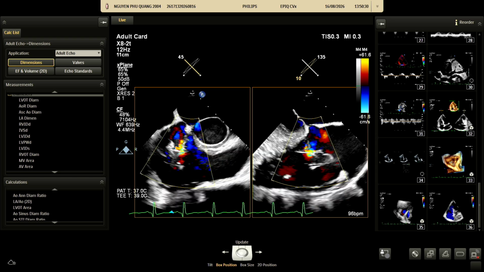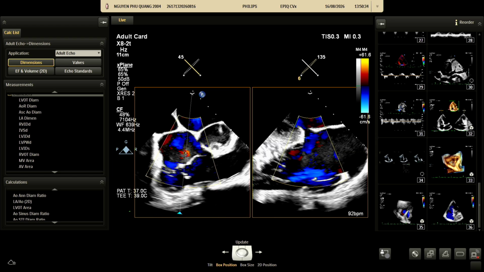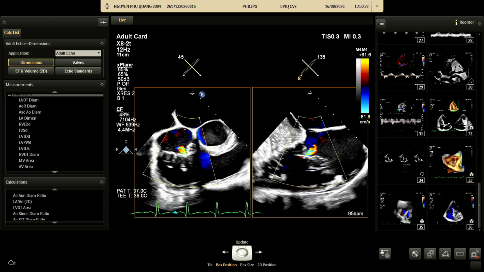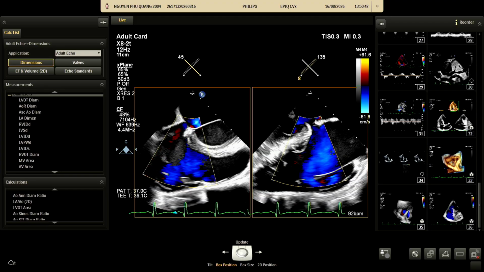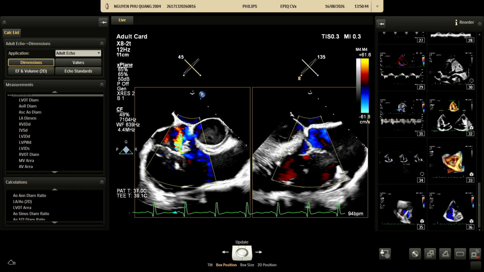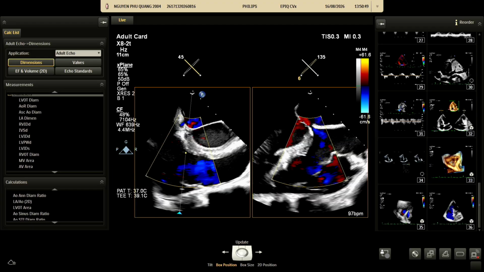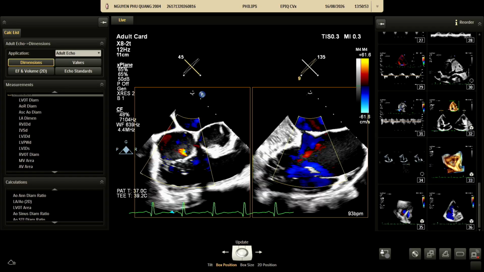Yeah, it's right in the middle. It's very central. Correct. Yeah, this is septal. The septal leaflet. We need to take a closer look at the septal leaflet. You see the jet coming through.